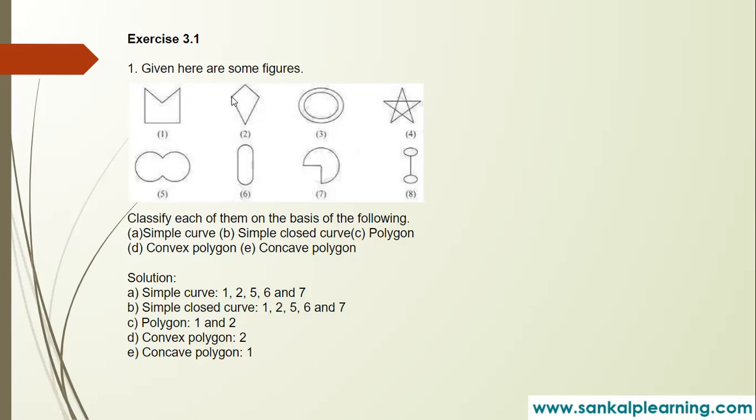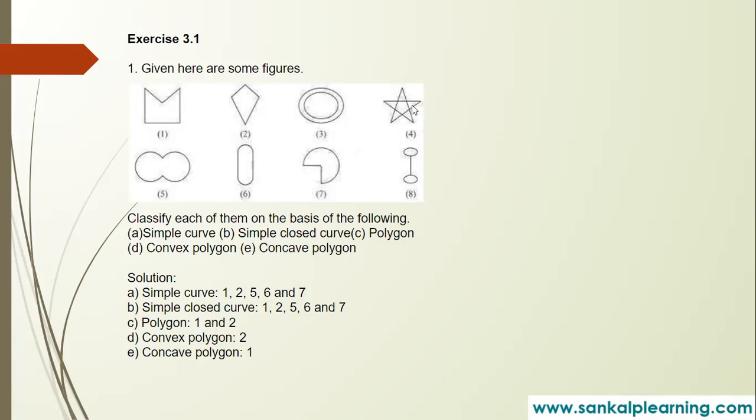And here also, if you start from here, you will draw a line segment. Again, you will come to the same position, right? So like this, that is called a simple closed figure. So which are the closed figures here? One, it is simple closed made of line segments, right? So 1, 2. What about here? The starting and ending points are not the same here. We have 2 loops here, right? So it is not a simple curve. And here also,